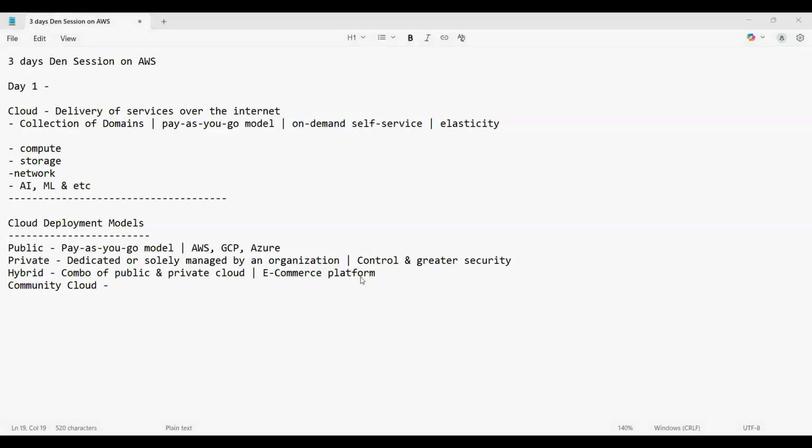And then the community cloud is a shared infrastructure for a group of organizations. For example, universities collaborating with each other with similar goals.